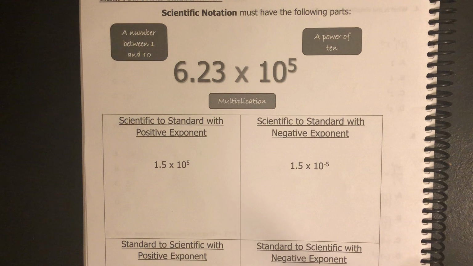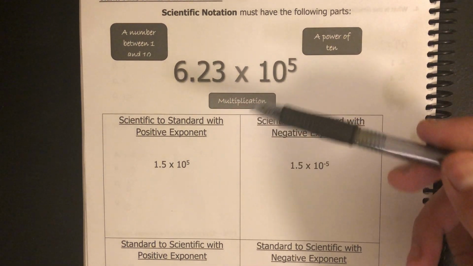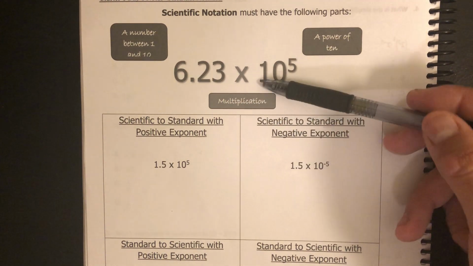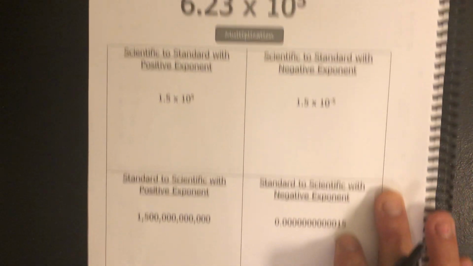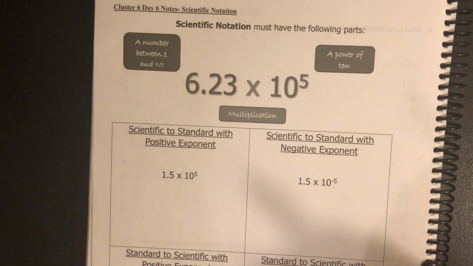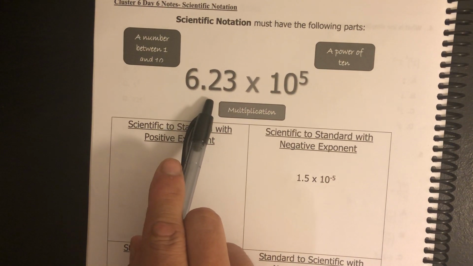to read. Okay? So, what we're going to do today is take numbers, convert them into scientific notation, and then take scientific notation numbers and go back to standard form, which is basically back to their normal form. Okay? So, scientific notation is a special format, and it's always some kind of a number, okay,